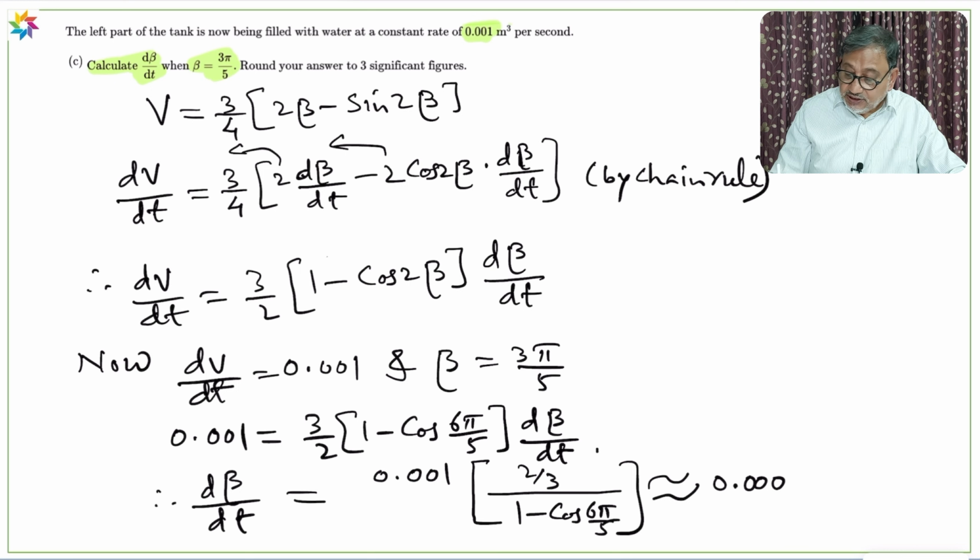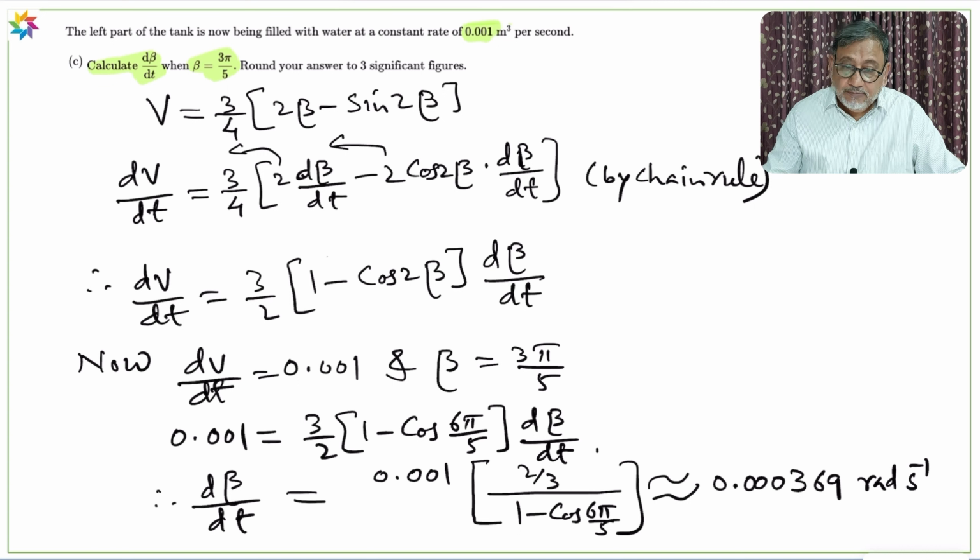3685, so 369 I will write, to 3 significant figures, and that is in radians per second. Because this is about the angle, and the angle is in radians, so it is radian per second. Okay, now for beta